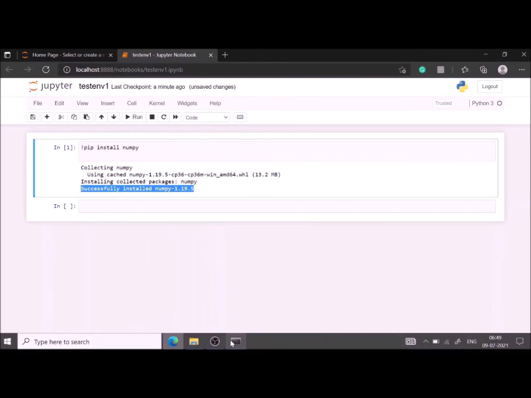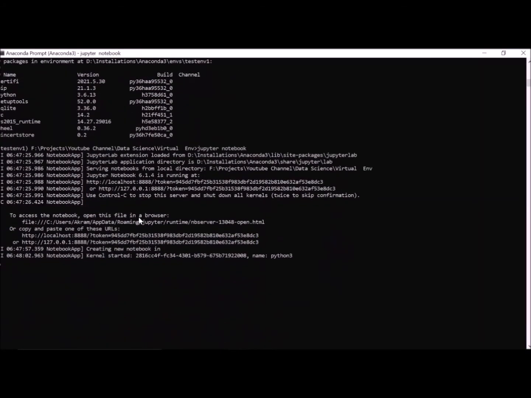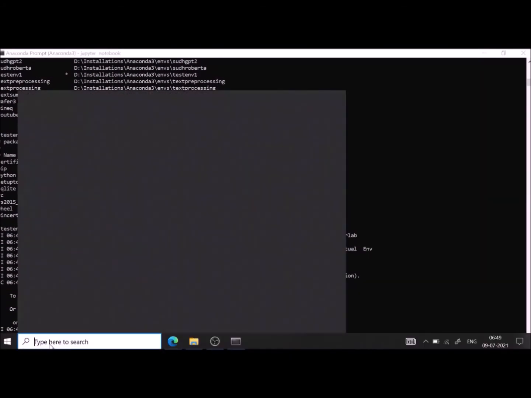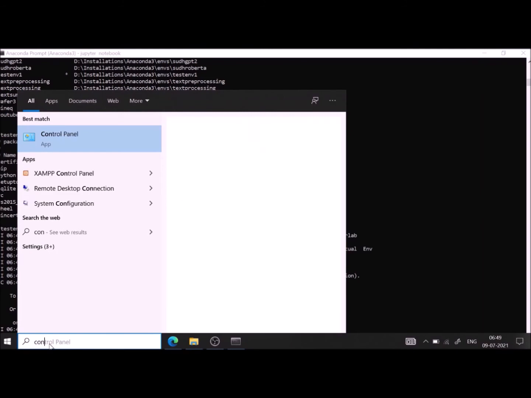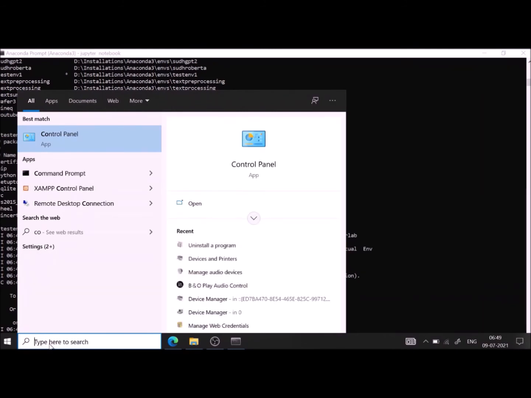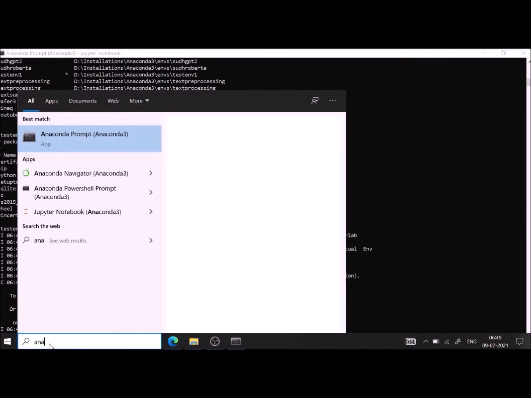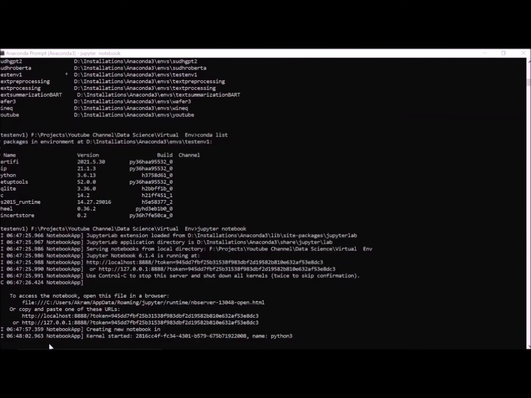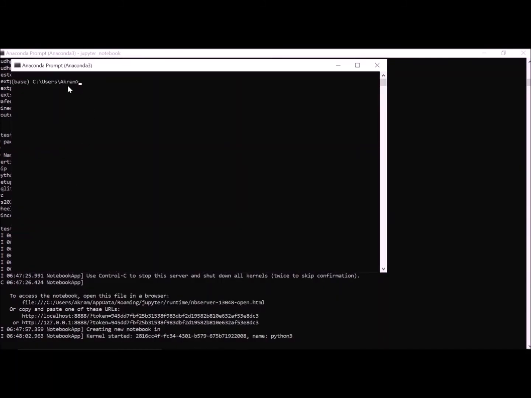Okay, from this Conda prompt I'm running Jupyter notebook, so I will open another Anaconda prompt. Okay, see here also I will go to that particular environment.